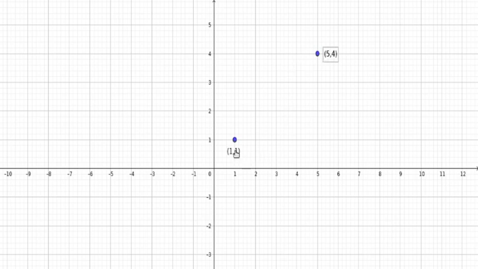For that, first I am going to complete a rectangle using these points. Okay, first I am going to draw a rectangle using these points. See, this one is a rectangle connecting these points. Okay, then can you tell me what are the coordinates of this point? Yes, this line is parallel to the x axis, so the y coordinates are the same. The y coordinate of this point is 1 and the x coordinate of the points on this line are the same, so the coordinates of the point are (5, 1).